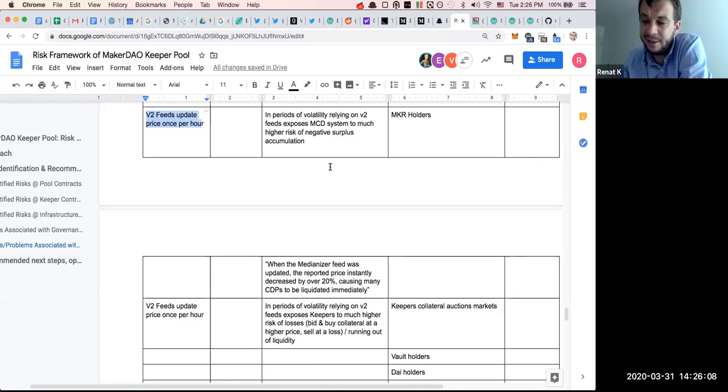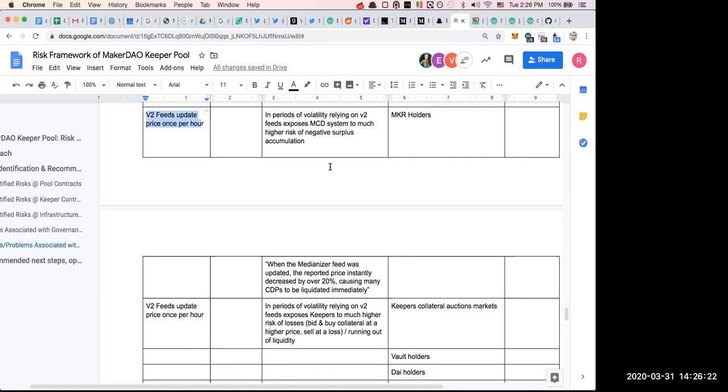Well, immediately, or is there a delay of 1 hour between the wall becoming under-collateralized and the auction start? Is there a delay? Well, if yes, is it 1 hour? Well, there is no delay. Actually there are two variables, current and new. Once new becomes current, after this, we can call bite and start liquidation of walls.